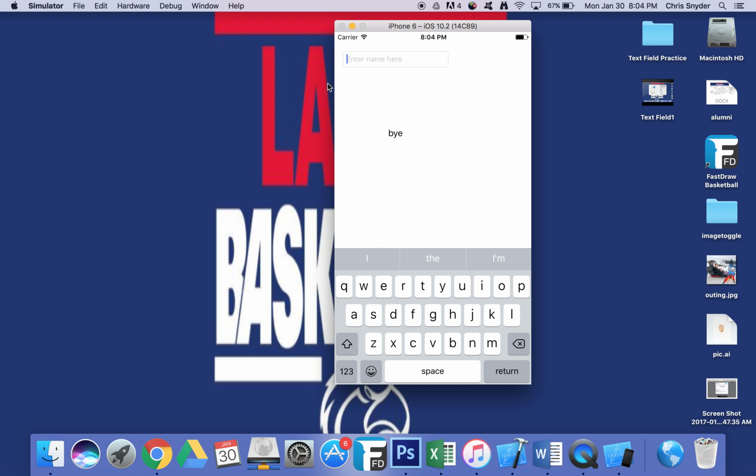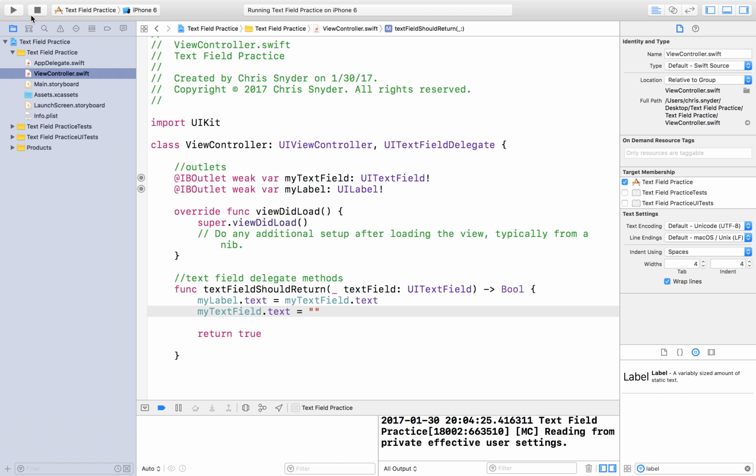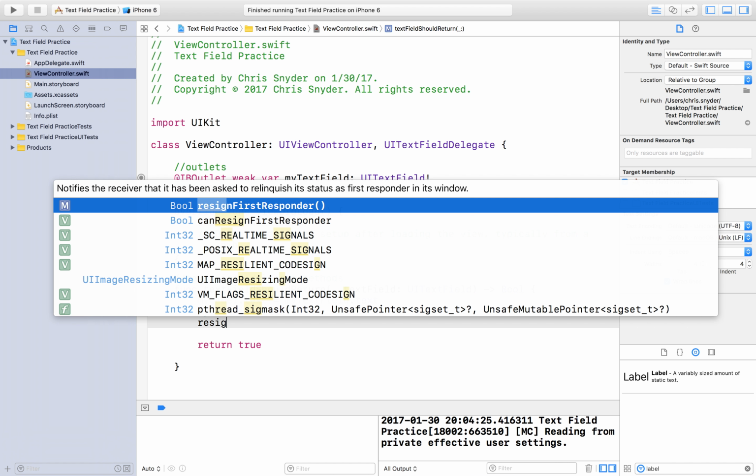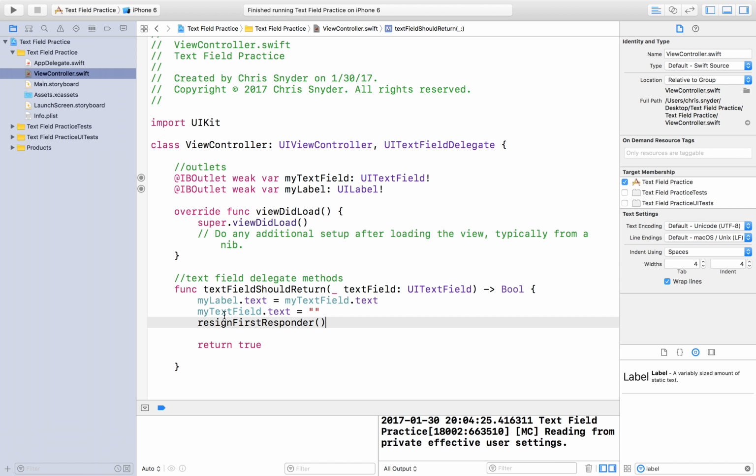Now what if you want to get the keyboard to go away when I hit return? Because right now it's staying up here, and for the user, that might be a bit of a nuisance. To do that, I'm going to go ahead and stop it and come inside here. There's a couple ways you could do that. There's something called resign first responder, a function we're going to use. I'm going to get an error right now because I haven't used it correctly. But basically, the text field is referred to as the first responder. So if I type in my text field dot resign first responder,